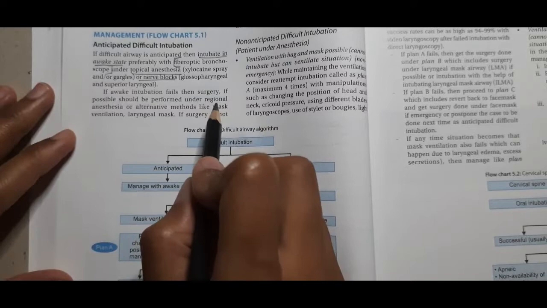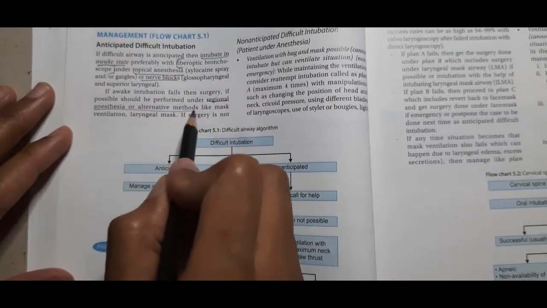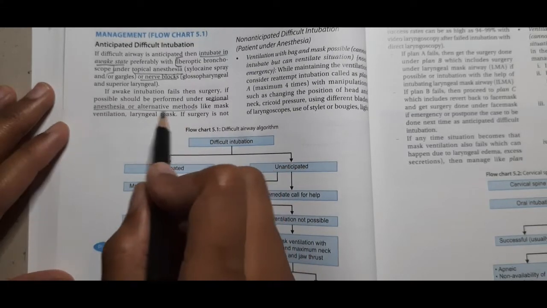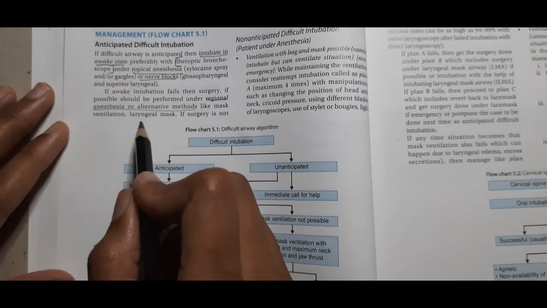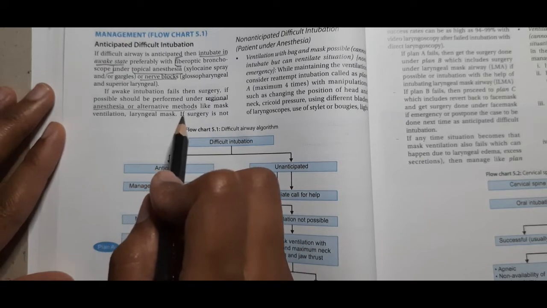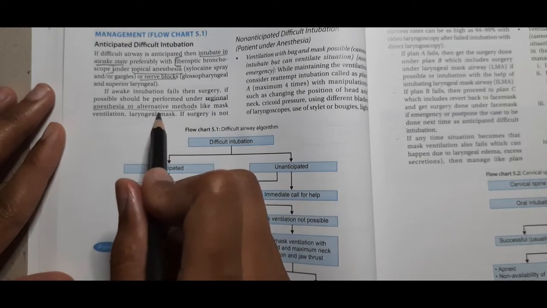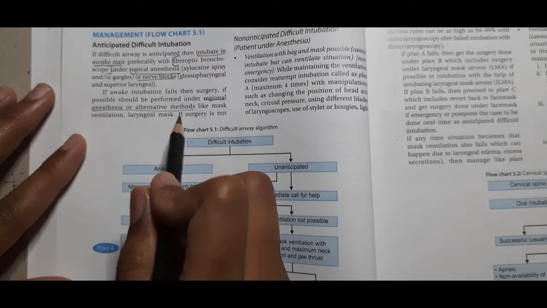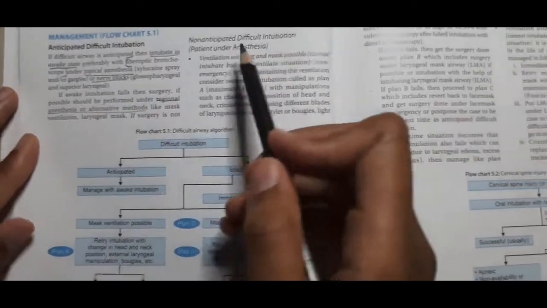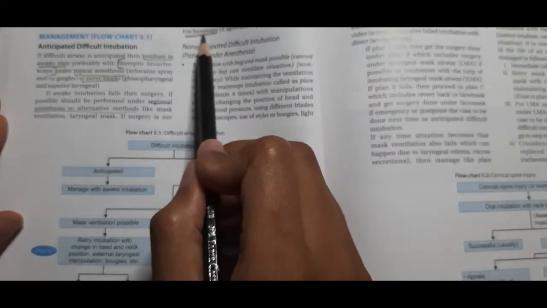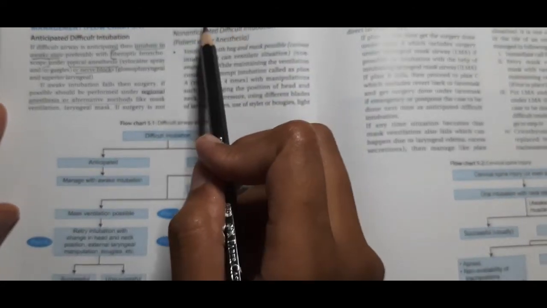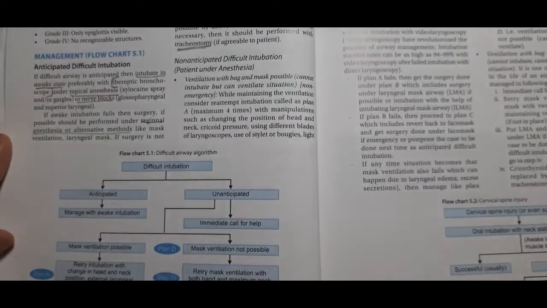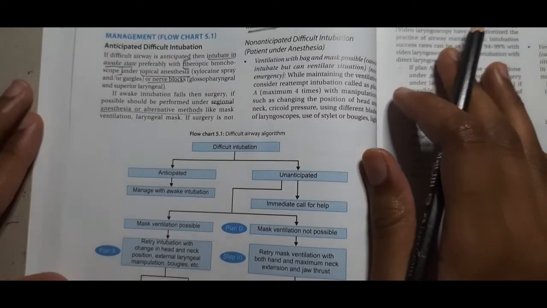So they either go with regional or alternative methods, like they perform regional anesthesia, or they do certain alternate methods like mask ventilation or laryngeal mask. So these two are performed in case intubation is very difficult. If that is also not possible, then surgery is taken as a last resort. They can do tracheostomy. It is always said to take tracheostomy only if the patient has agreed to tracheostomy. So that completes the anticipated